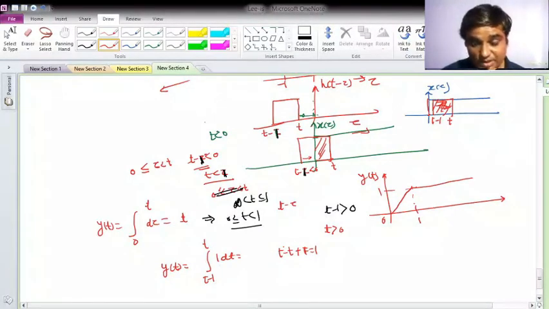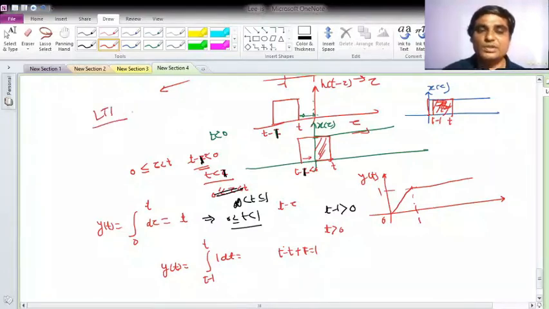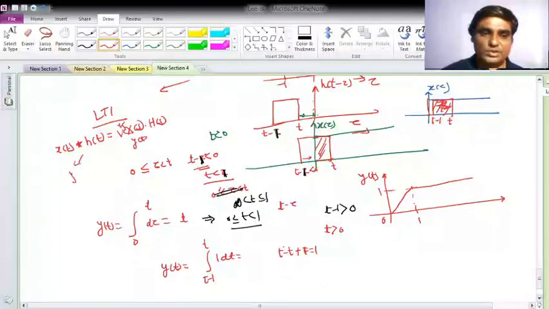Basically, what is the convolution integral? Convolution integral is the procedure by which you can find the output of any LTI system with the help of its impulse response. Impulse response is very important, and this way you can find it out. Okay, so here so many steps we have to follow, right? If I use the Laplace transform instead of doing this time domain manipulation, we have seen that property: if I convolve x of t with h of t, the Laplace transform will be simply the multiplication of X of s with H of s, and then take the inverse, you will get y of t, which is the same as this, right?